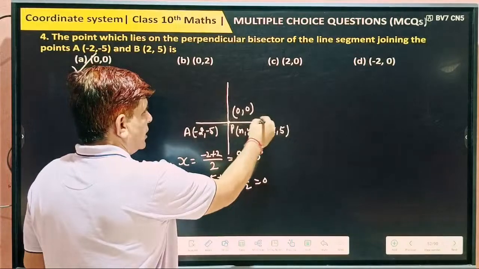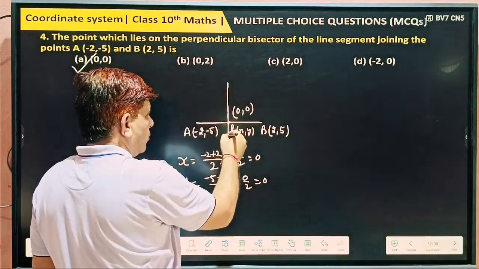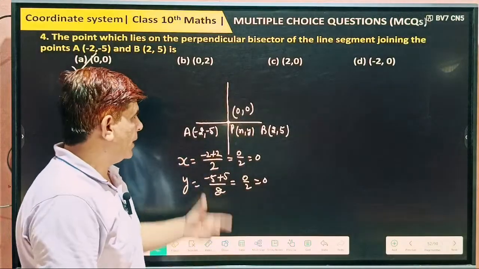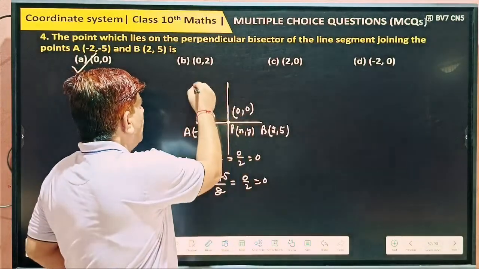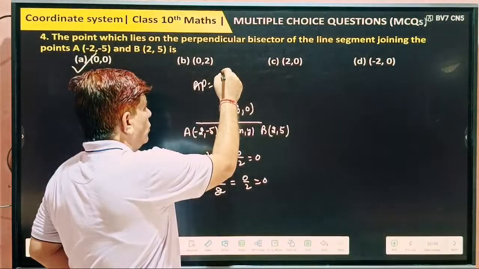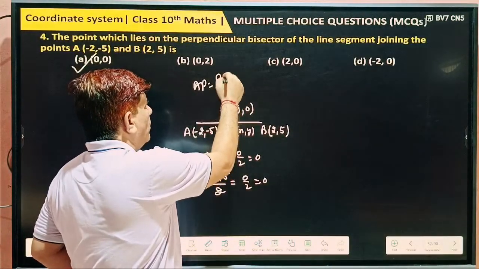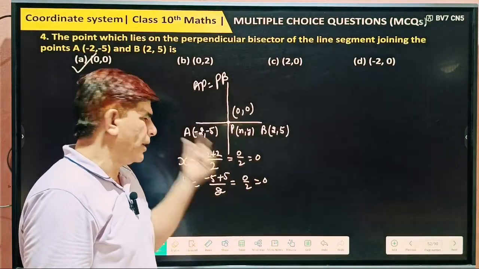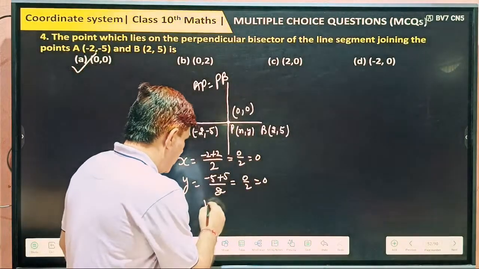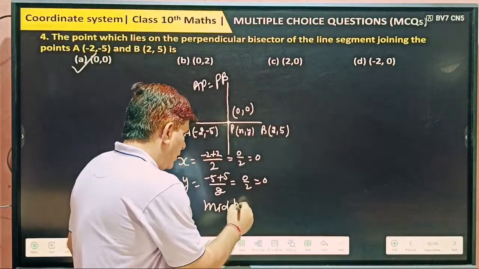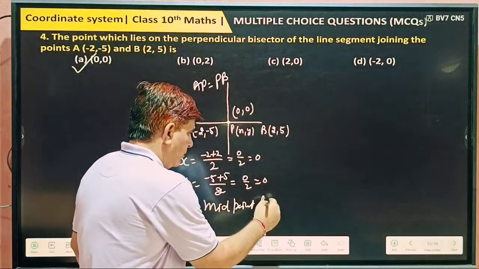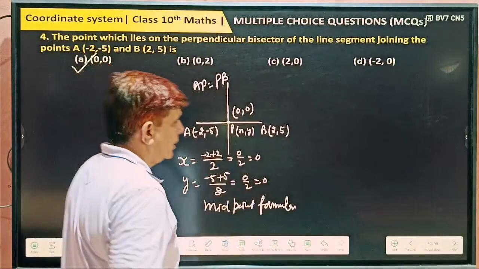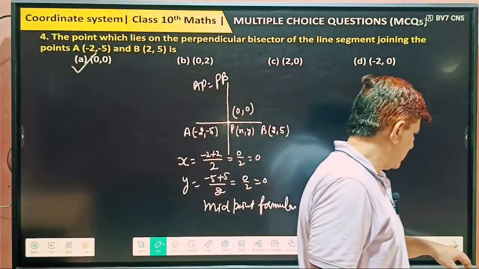A. P is the point which lies on the perpendicular bisector of the line segment. So this is the line segment and this is the perpendicular bisector. This point's name is P. Perpendicular bisector means AP equals PB. P divides this into two equal parts. So which formula are we applying? Midpoint formula. Yes or no? So what's your answer? A is your answer. Next,